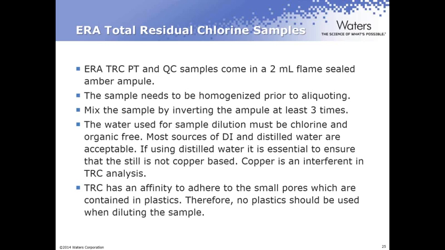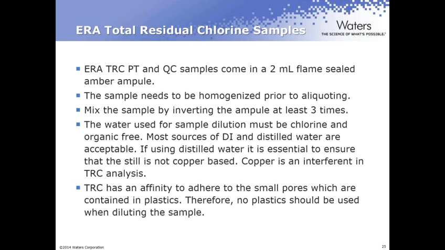So let's talk about total residual chlorine. All right, we'll talk about the sample itself. From ERA, both your PT and your QC samples are going to come in a 2 milliliter flame-sealed amber ampule. So that sample needs to be homogenized before you take your aliquot out. And I would recommend mixing that sample by inverting the ampule at least 3 times